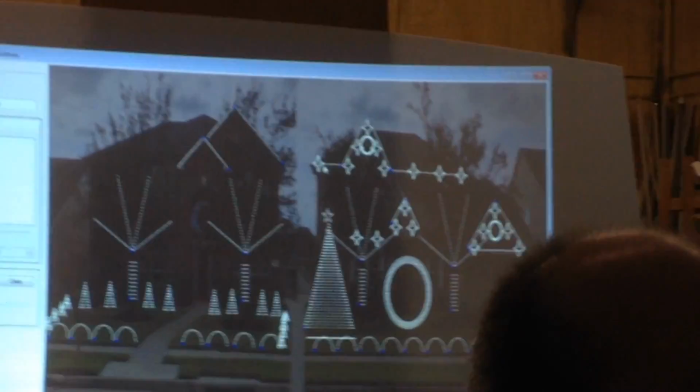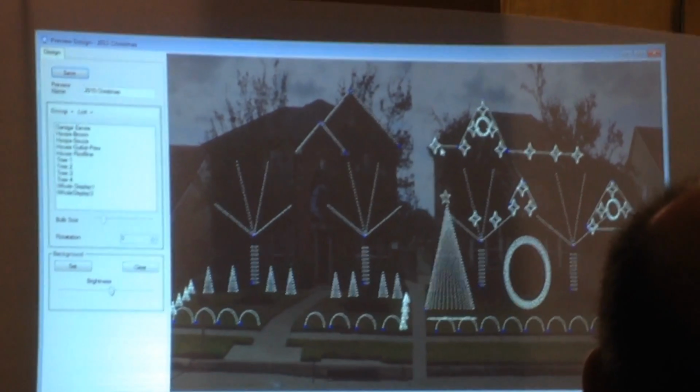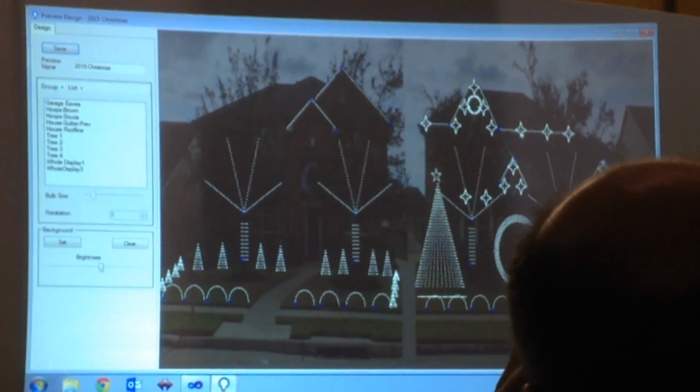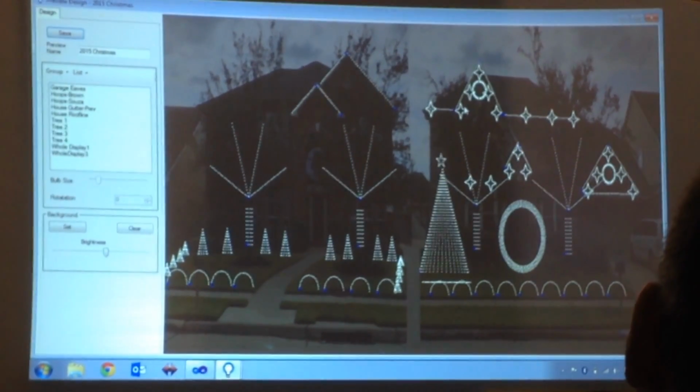They're all RGB. Even though they're separate segments, I want to run whatever effect across all of those. Well,